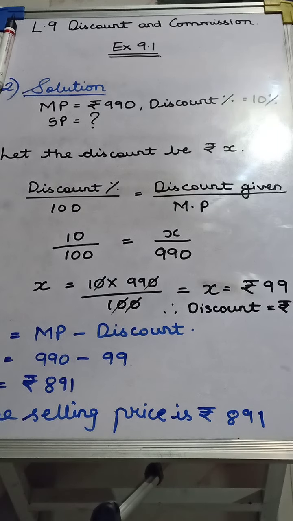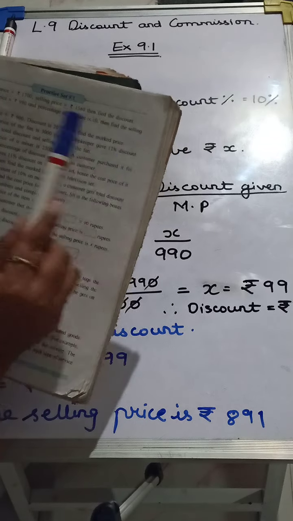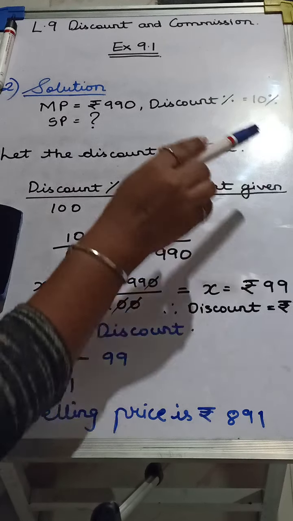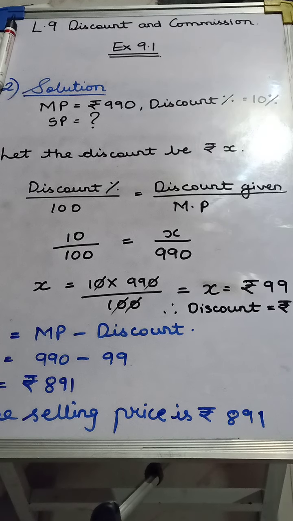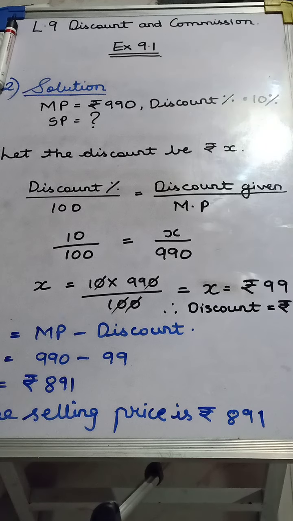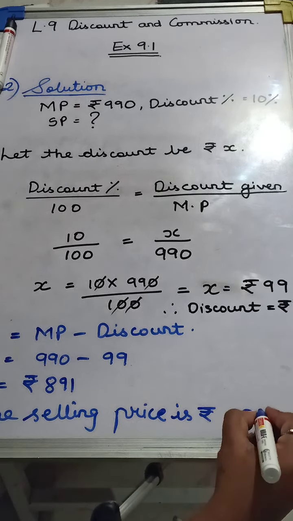Okay. So here we found the selling price. What was the actual question that we wanted? To find the selling price. So we have found the selling price with the help of discount, and discount we found with the help of discount percent. Okay. Got everyone? If you all have any problem in any sum, you all can personally message me or ask me any doubts that you all have. Okay. So this is the final answer that we have, that our selling price is rupees 891.